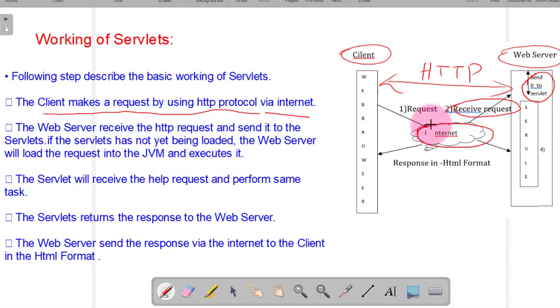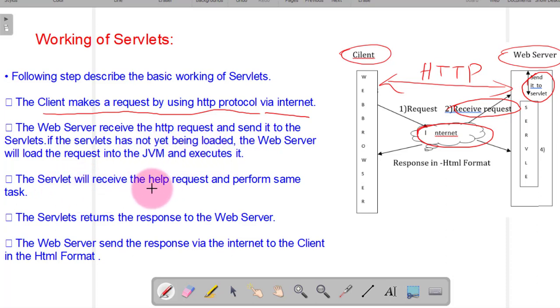That means if the request is coming for the first time, we have to initialize the servlet. We have to load the servlet into the web server's memory and execute it by the JVM. So if it is the first request, the loading and execution process is done. Once the servlet is initialized, the next request is executed by the server directly.